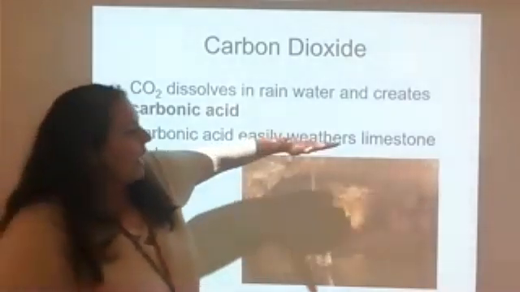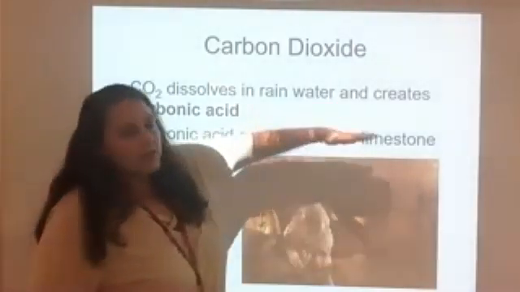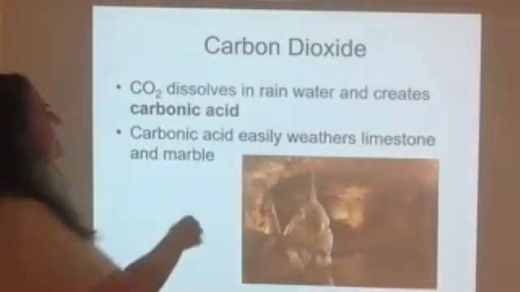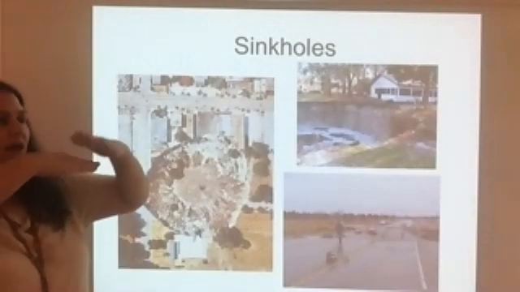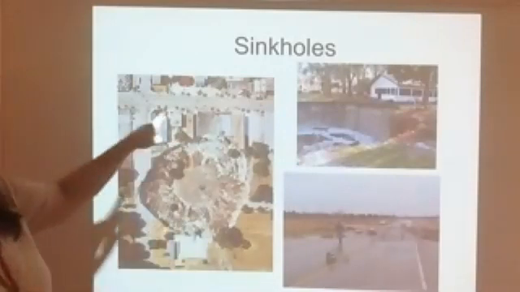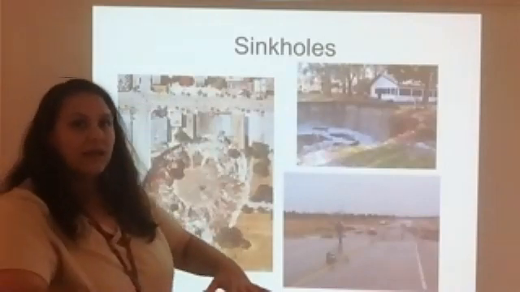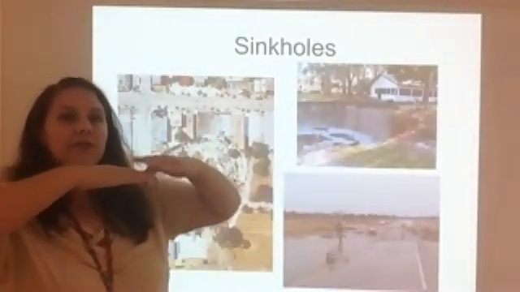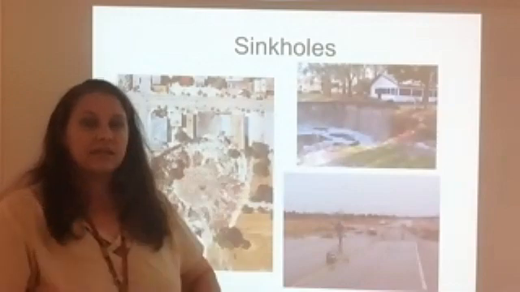So what do you think happens when enough of this gets weathered away and it no longer supports the surface of the earth? What happens? It collapses. Yes. Sinkhole. Very good. You get sinkholes. Whatever's on top, the surface of the earth just falls down. So if you have a house on top and underneath is this cavern, your house is going to fall down, right? Or the cars, whatever's on top of the surface, whenever that underground cavern can no longer support it, it just collapses. It just falls down. Good.